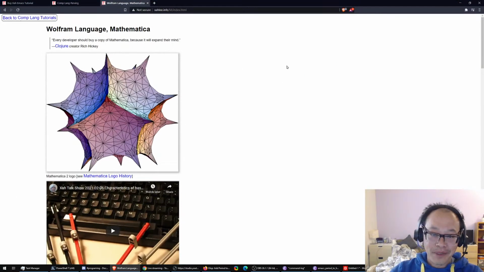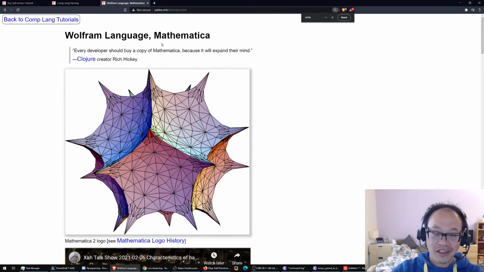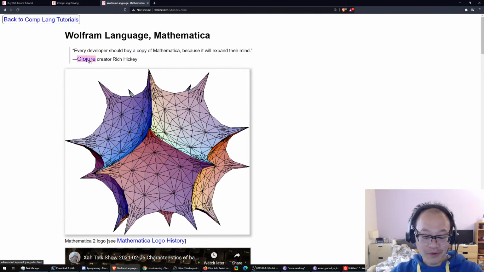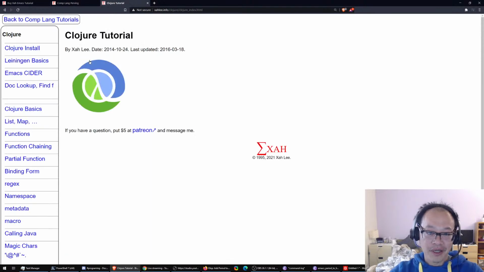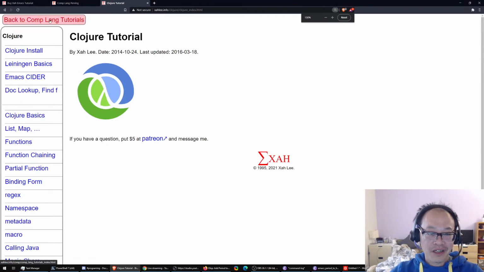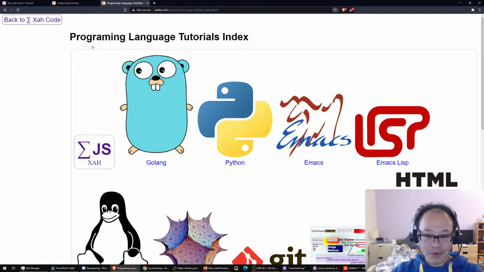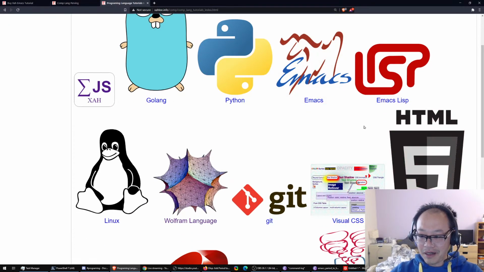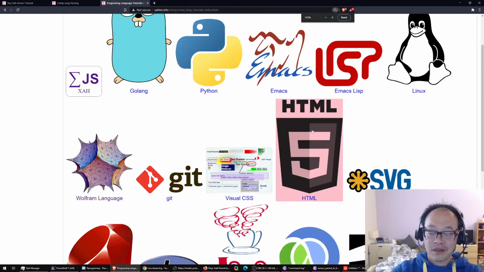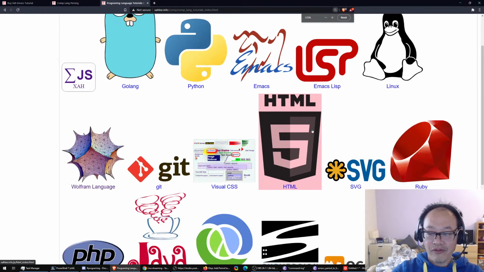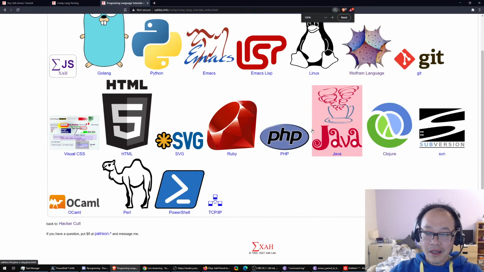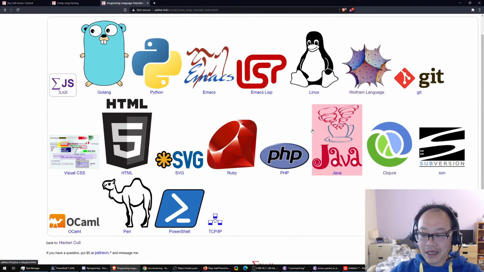Oh, by the way, I want to mention this. The inventor of Clojure. By the way, I have a tutorial on Clojure. If you click on that, you see the programming language tutorials index. These are tutorials I've written for different programming languages, and I can tell you which ones I'm very good at. I'm a master of